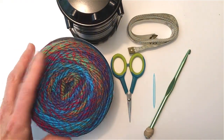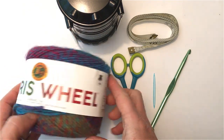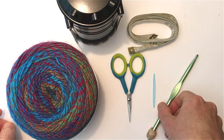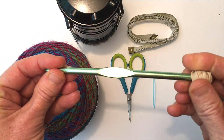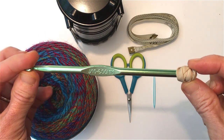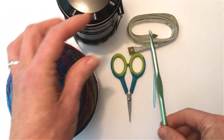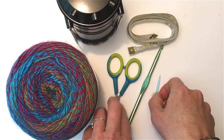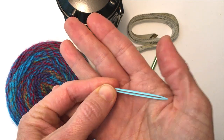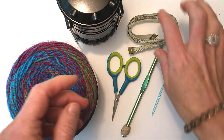For this project, we're going to be utilizing the usual suspects. For some yarn, I'm going to be using Ferris wheel in colorway Vintage Carousel. I've got a 6.0 millimeter hook with a rubber band on the end because we need to keep our loops on our hook with this Tunisian crochet project. Also a scissors, a yarn needle, and this is Susan Bates, my favorite, because they're very easy to string,